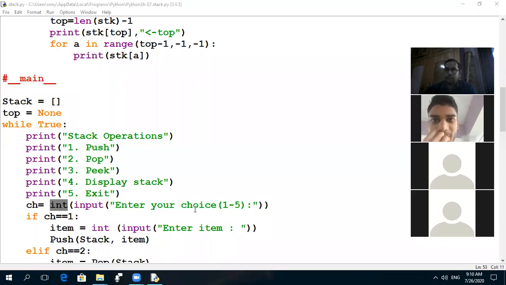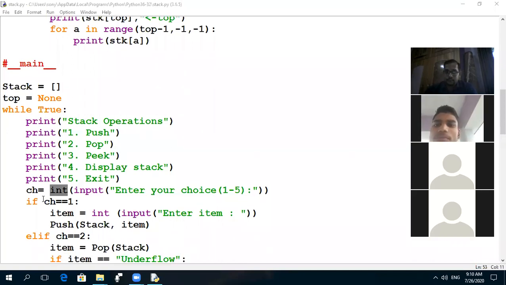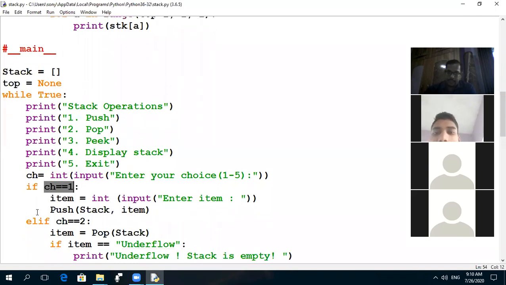Now, enter your choice 1 to 5, which means you choose any one number from 1 to 5. After that, if you choose 1, meaning choice number 1, then it will perform the push operation. Else if your choice is 2, then it will perform the pop operation.